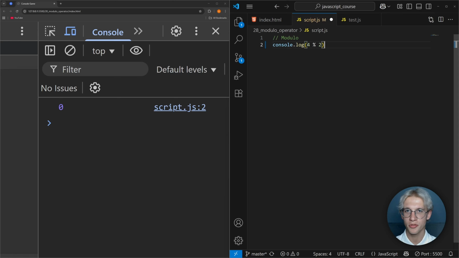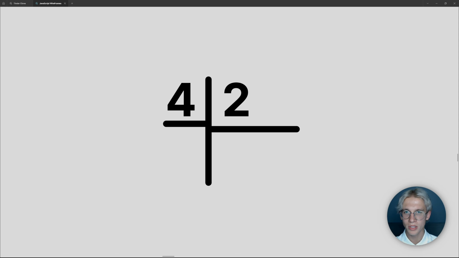What is a modulo operator in JavaScript? The percent sign is a modulo operator. It returns the remainder of a division. The simplest way to understand it is the long division method you learn in school. The idea of this method is to subtract the highest divisible number from the current number, and then to repeat